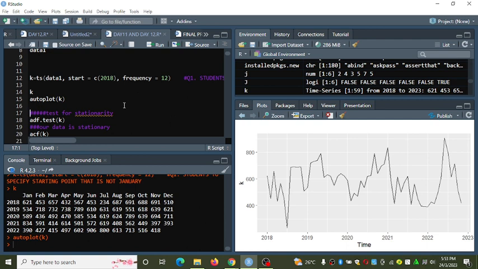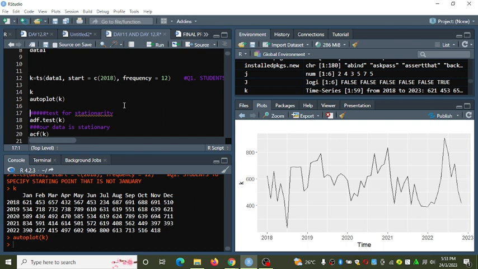But now in time series analysis, there are some, how do we call them? There are some assumptions that must be met.